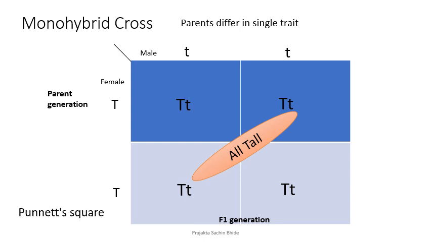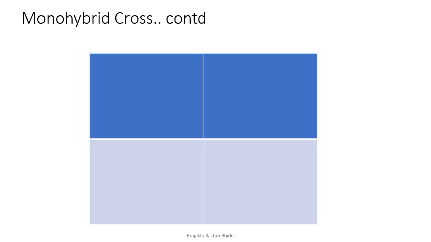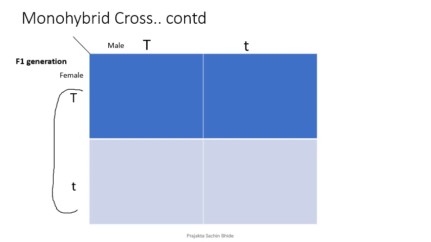And this type of representation, I call it a Punnett square. Now this cross is yet to be finished. We have reached only the F1 generation. Let us see what happens in the F2 generation. Again, I draw a square, male, female, F1 generation. I put the gametes of the F1 generation. I want you to see this properly. In the F1 generation, it was heterozygous, and it was self-pollinated. That is why one capital, one small, one capital, one small.